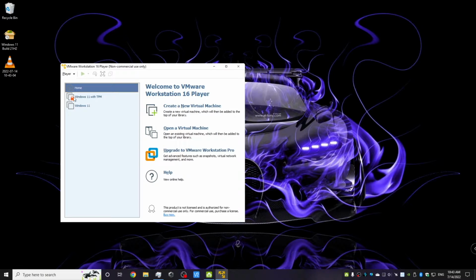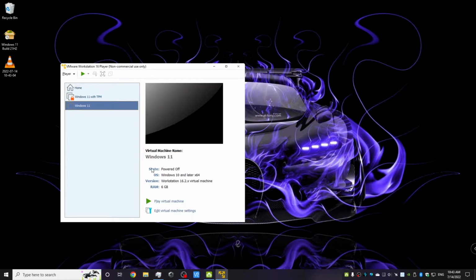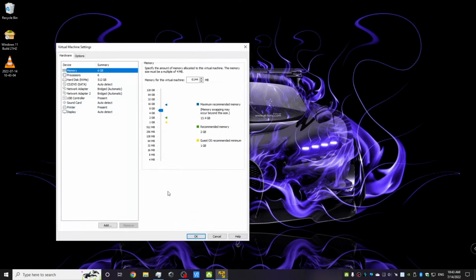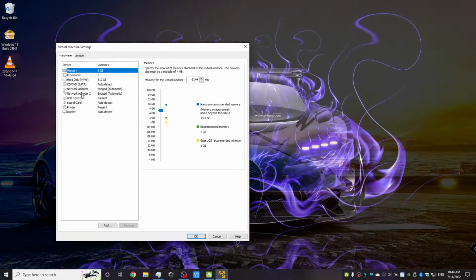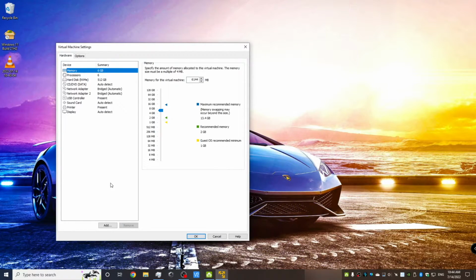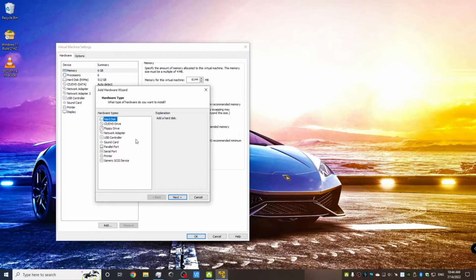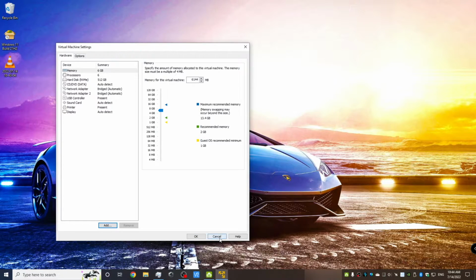As you can see, I've got two virtual machines here that I daily drive. One's set up without TPM, that's created by my Windows installation media that I created in Rufus in a previous video. And when we pop into the hardware configurations for this, you can see that no TPM is present anywhere on the devices list. And if we go to add devices, again, no TPM can be added to this virtual machine. And next, let's cancel out of it since there's no hope for TPM here.